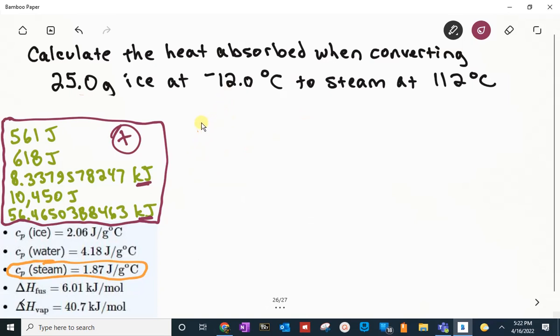So we need to convert either the joules to kilojoules or the kilojoules to joules, just depending on how you need to answer your question. So we're just going to convert the kilojoules to joules and add them up. But you can convert the joules to kilojoules and add them up too if your answer needs to be in kilojoules. So first,